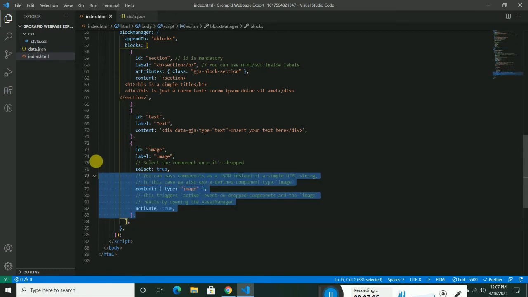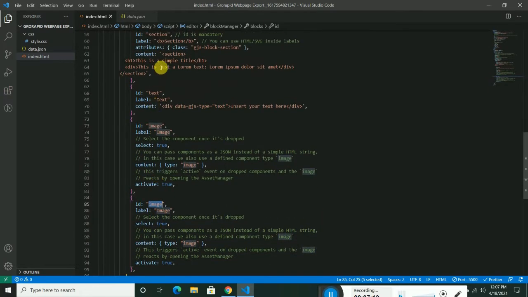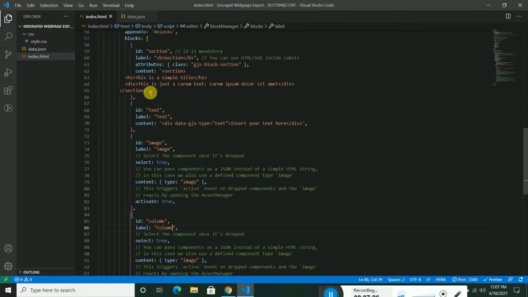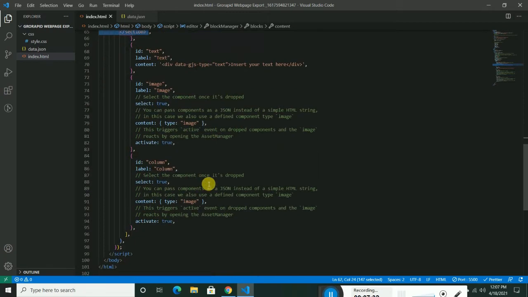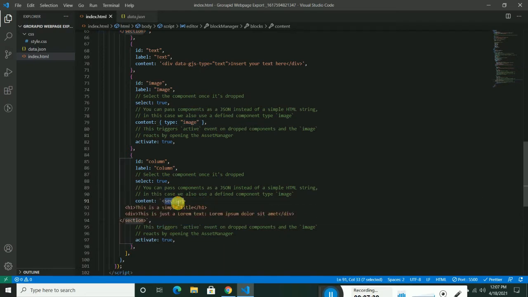So if I copy it from here like this and just paste it, and if I change the image, so we have ID, we have section, and if I make it column and also make the label column and select true content type, inside the content you can include a column. There's a section included, so you can just press Control C and remove this type, and change the part over here like this, make it column like div